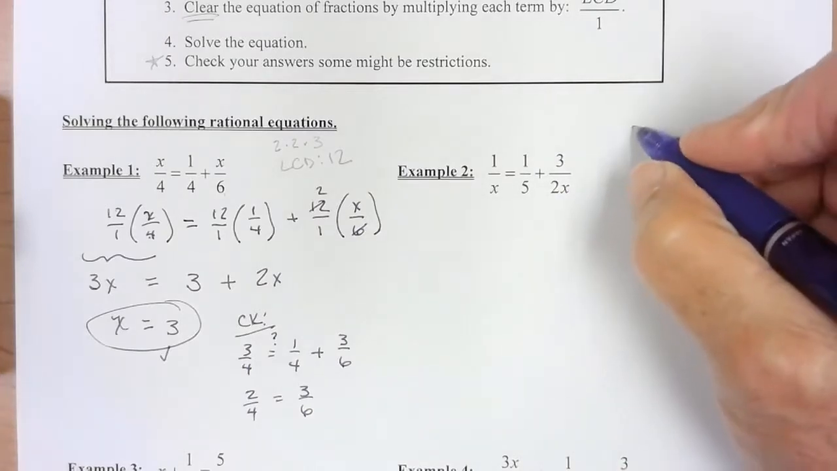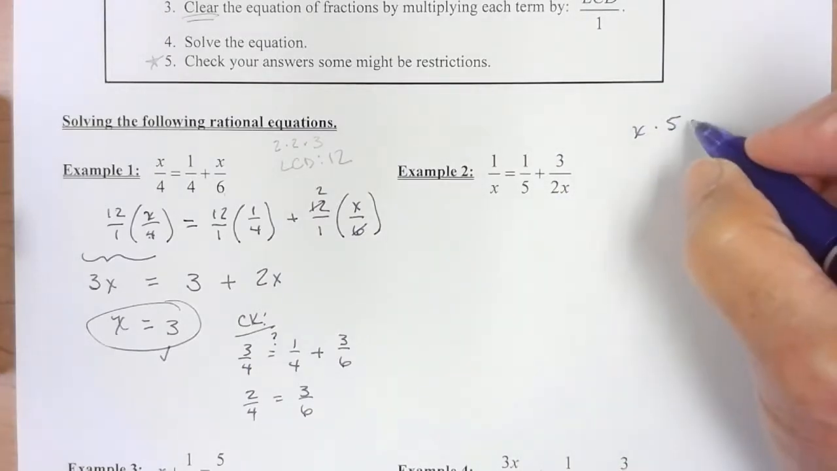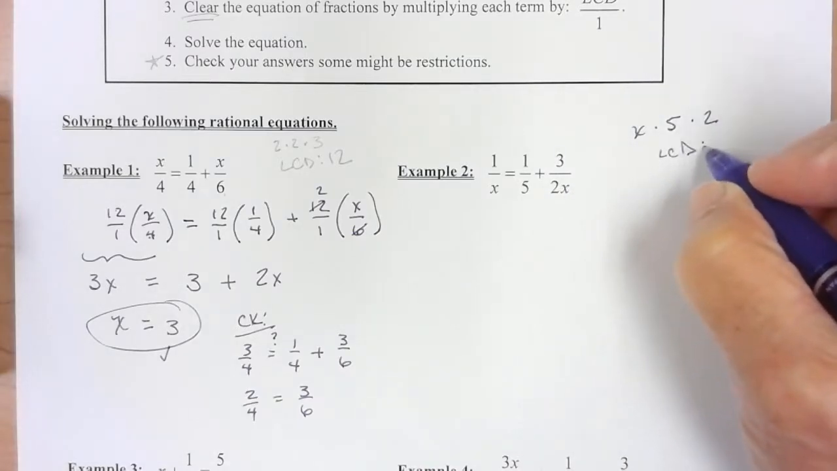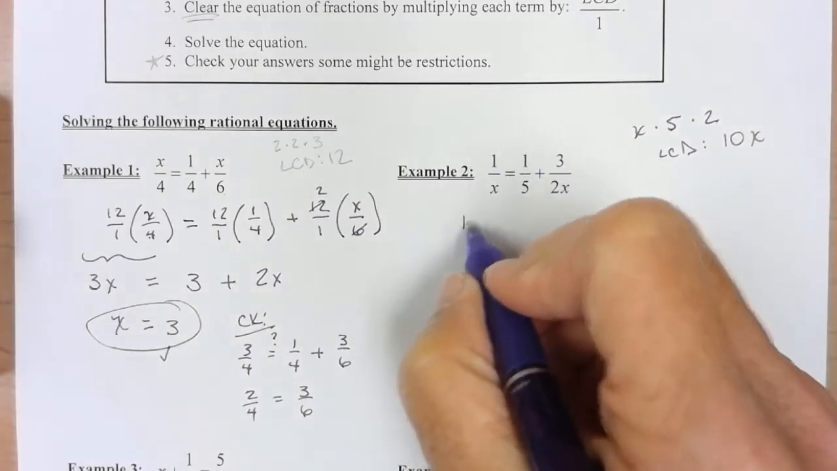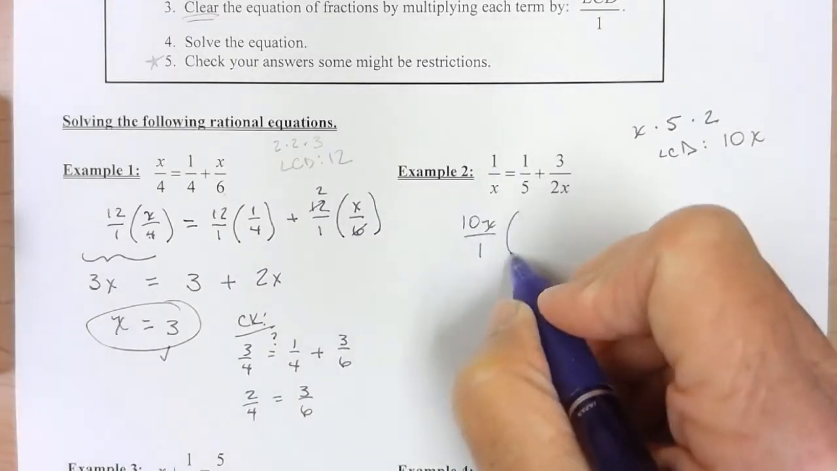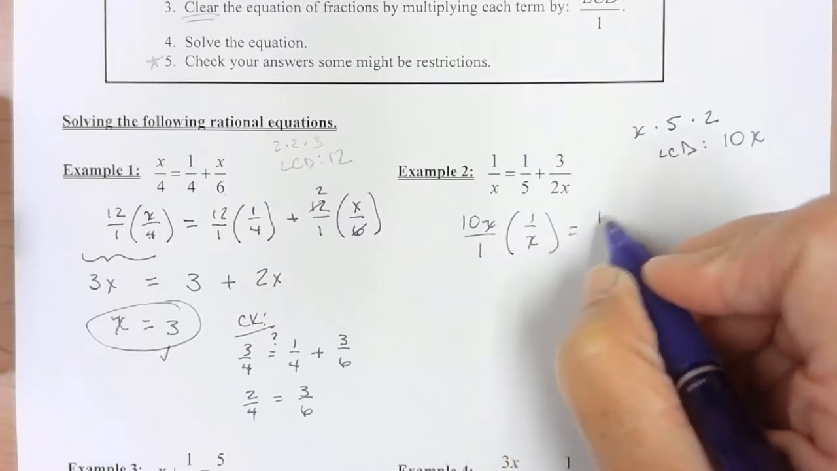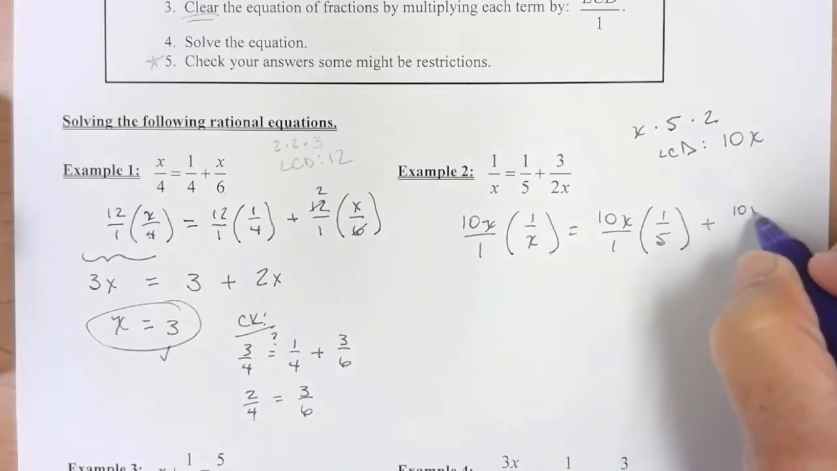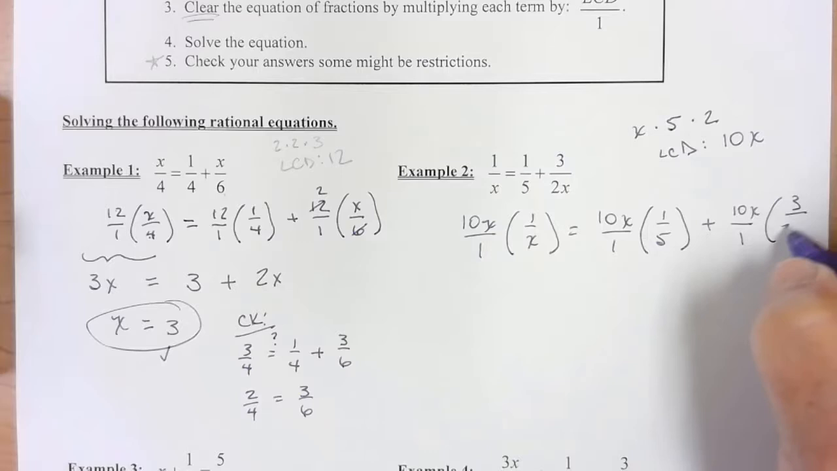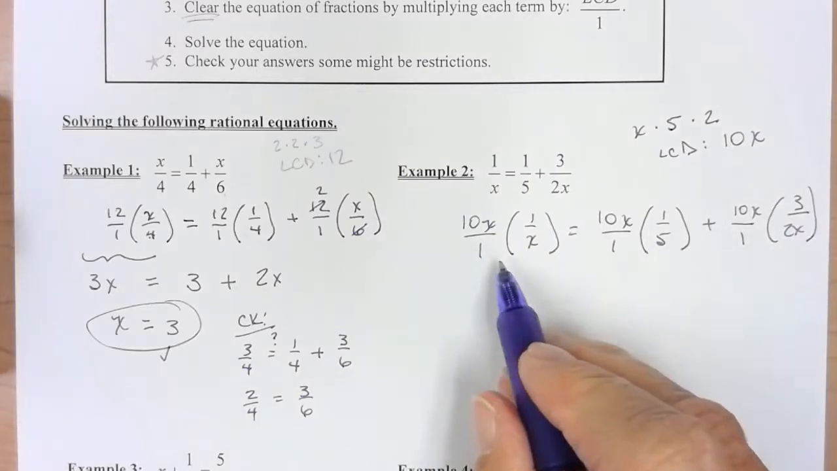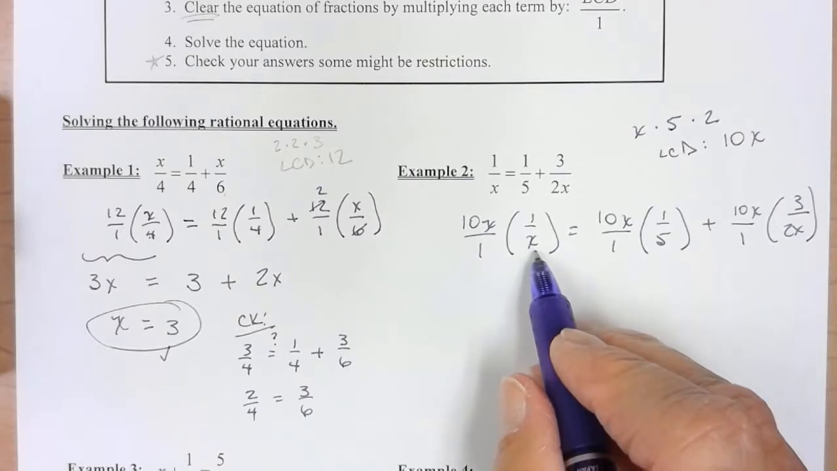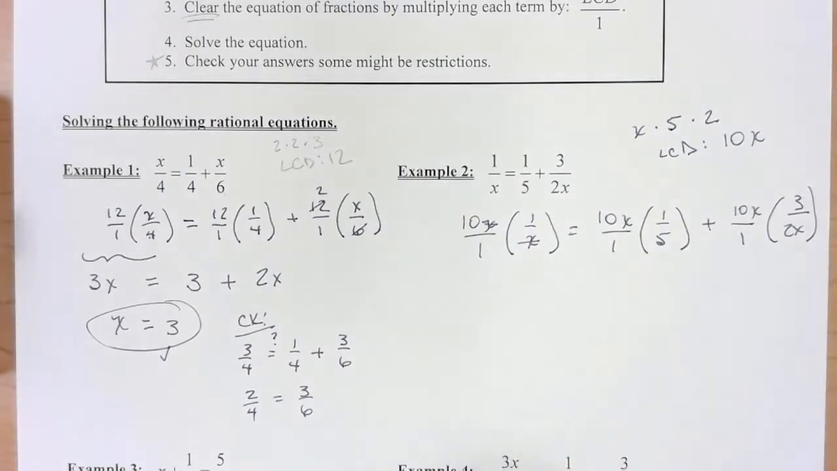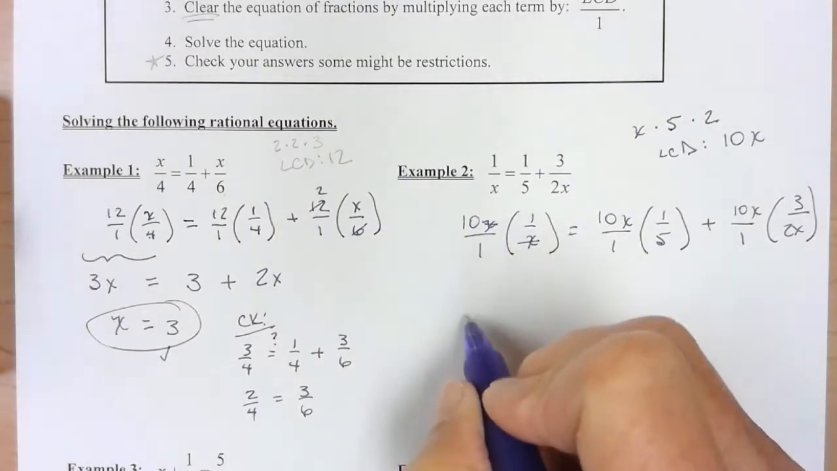So I've got an x, I've got 5, I've got times a 2, and I've already got an x. So my LCD is going to be 10x. So again, 10x over 1 times 1 over x, 10x over 1 times 1/5 plus 10x over 1 times 3 over 2x. Now when you start clearing these out, if the denominator does not go completely, that means you don't have the LCD. So that x cancels out. Out of this, I'm left with a 10